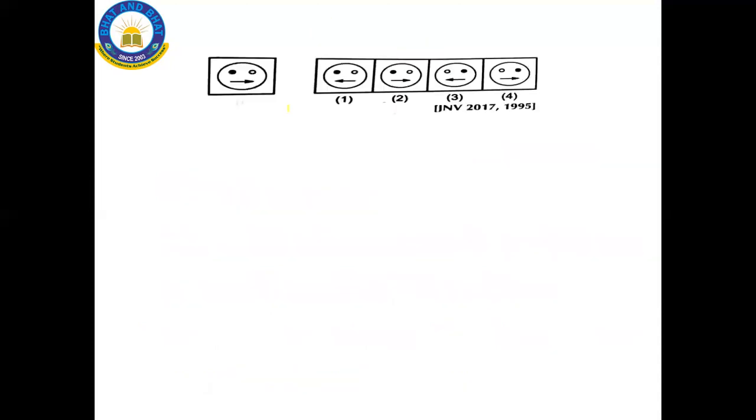Okay, next we'll move on to the next example. Yes, the next example looks very beautiful, isn't it? It consists of a smiley, where one eye is closed and one eye is open. Let us see this. The problem figure consists of a circle and two circles: one is shaded and another one is open, and then the arrowhead is moving from left to right, isn't it? Now compare with the options. Option 1, it looks correct. The shaded part is the first eye closed, the other open, but see the arrow mark, it is moving in the opposite direction. So option 1 is not the answer.